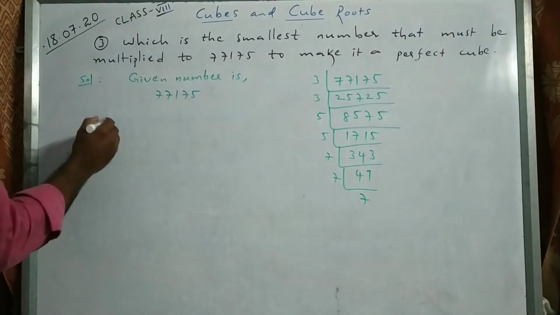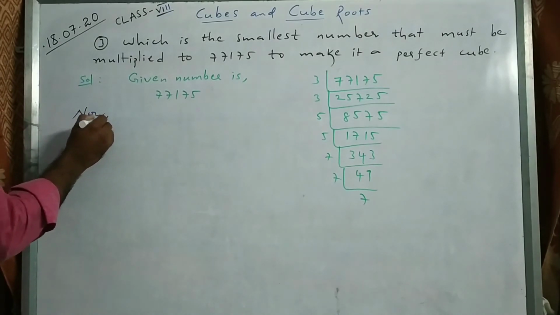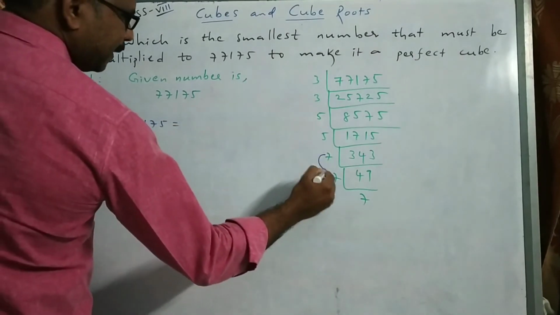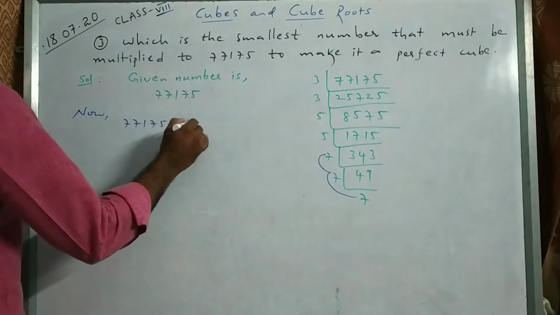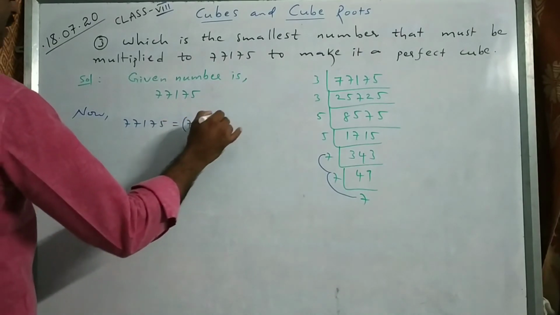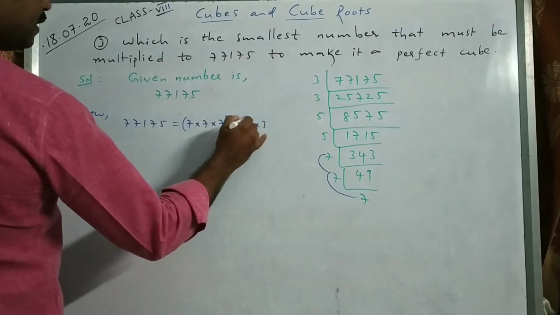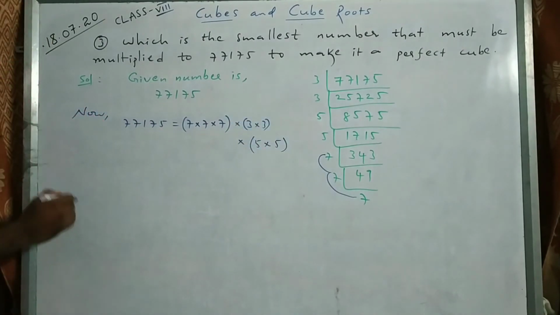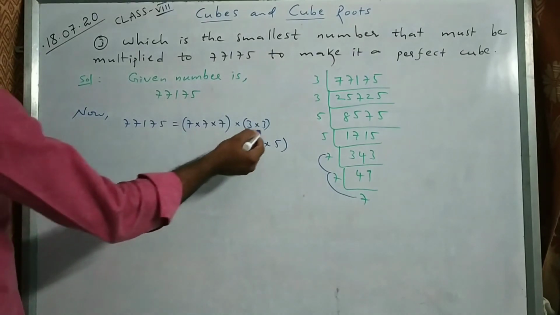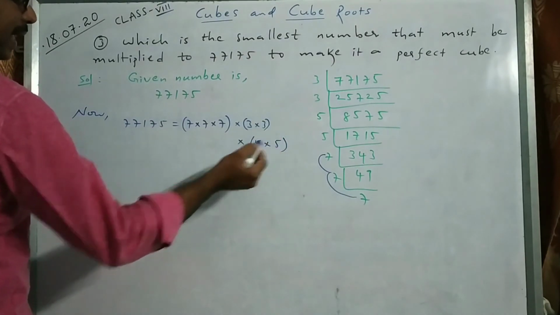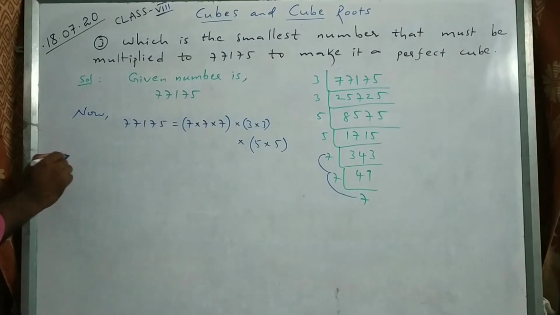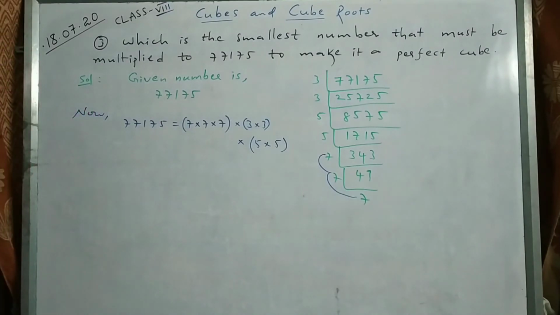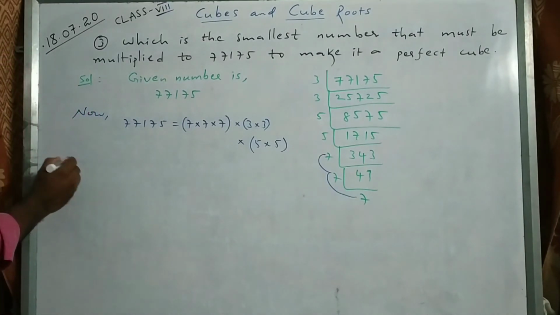Okay, now by what number should you multiply? Now 77175 is equal to 7 into 7 into 7, it is a triplet, right? 3 into 3 into 5 into 5, these two are not triplets, right? To make it a triplet, here I want one more 3, here I want one more 5. So to make it a perfect cube, by what number must you multiply? So the least number by which